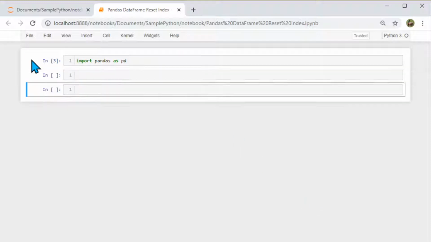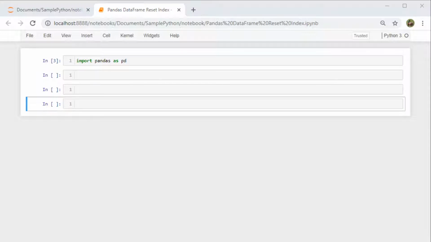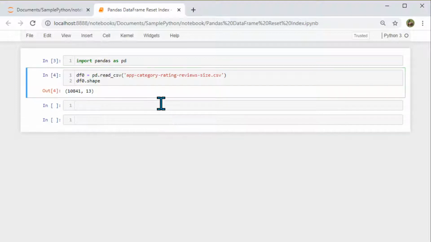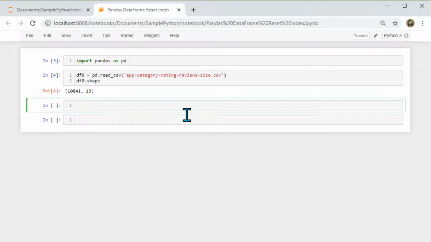Then what we want to do is read a file into a data frame. I already have a CSV file, and that CSV file has a lot of information, and I'm reading that using the read_csv method in pandas, and then I say shape. That means on this data frame df I have so many rows and columns. We can display that on screen that way, or I can also store that information into two variables, rows and columns.